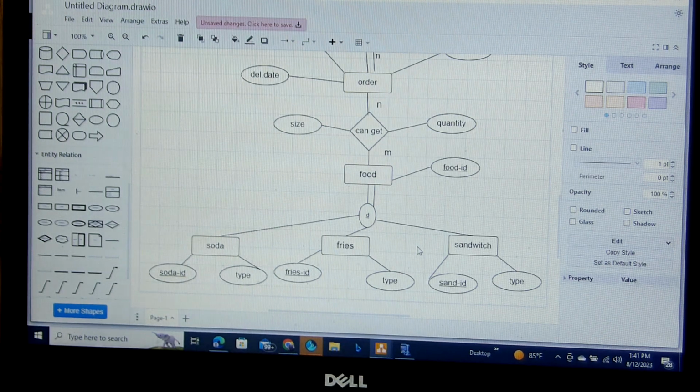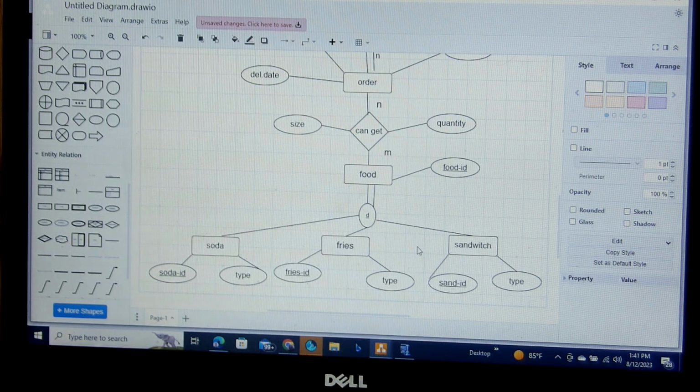Somebody comes and orders something, you have to know the name of the customer, how much the price is, and also what kind of food they ordered. Maybe they just order one sandwich, or it could be a sandwich with fries and soda. So we have 7 tables here. You have to create 7 tables in